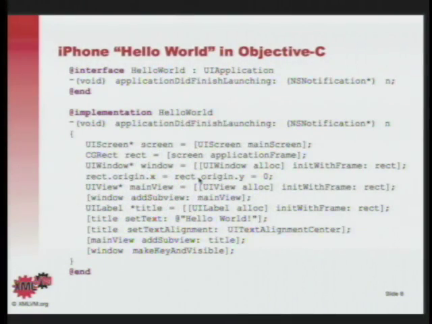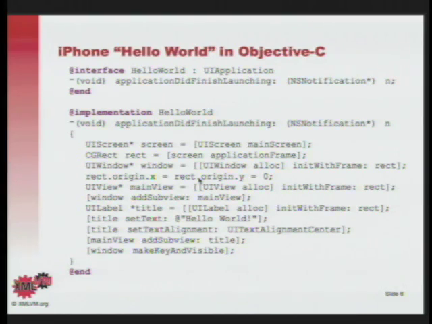Just maybe a few side notes here. First of all, the entry point of an iPhone application is a method that you have to override, called applicationDidFinishLaunching. I didn't come up with that name, that is the official API as defined by the iPhone SDK. That is going to be the first thing called in your iPhone application. Of course, you have to derive your application class from base class UIApplication in order to override this method. But that will then kick off your program. That's the first thing I want to point out.